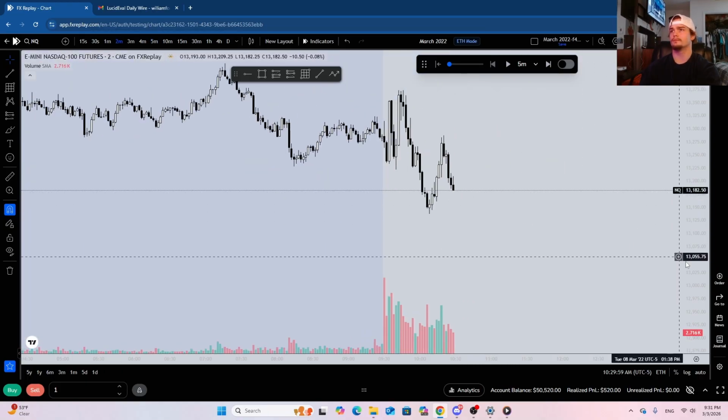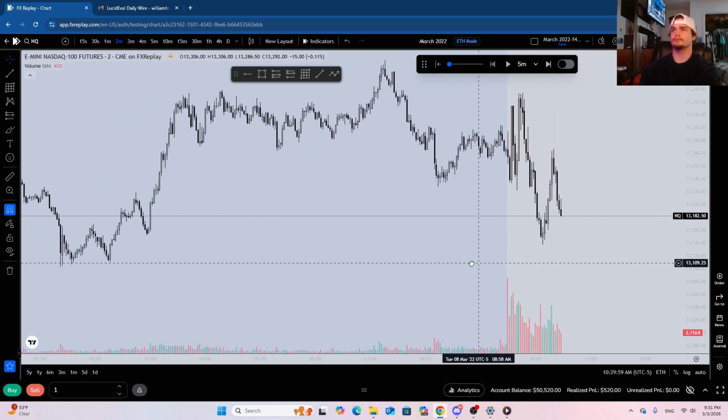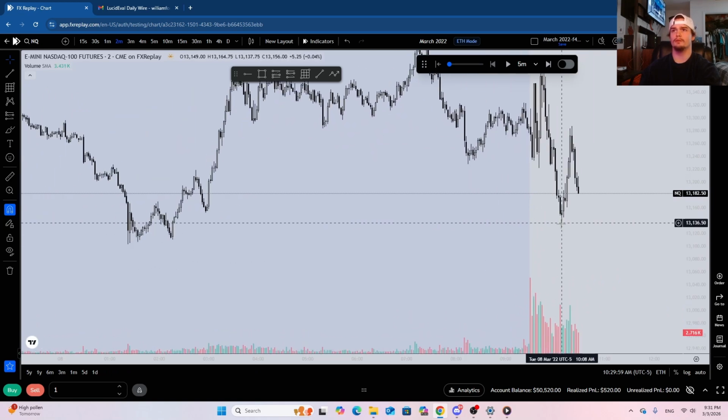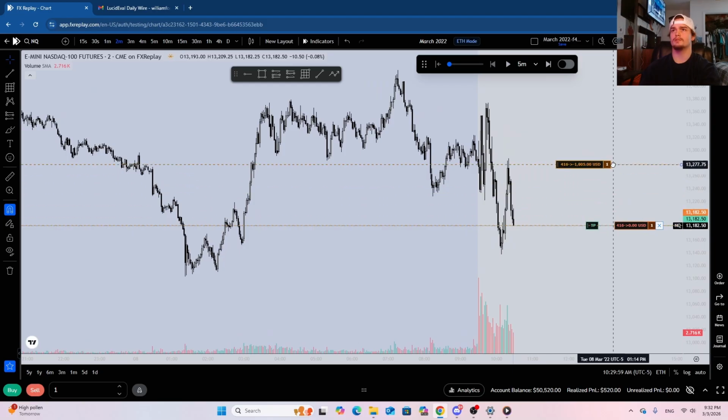Nice V-shaped, not recovery, but you get what I'm saying. Nice V shape. I think we go break even at this internal low, targeting these lows, and we'll keep an eye on ES and see what happens here. So we're gonna go ahead and sell one. Stop loss at the top of this candle.